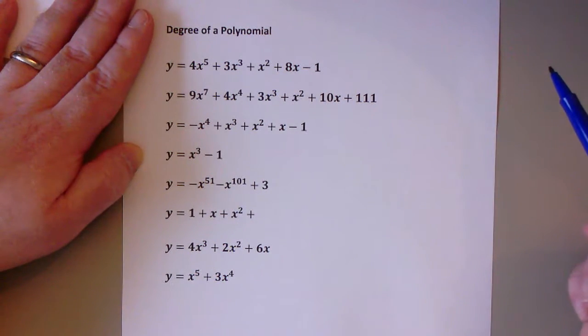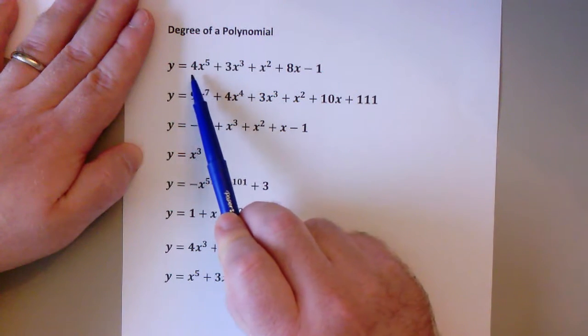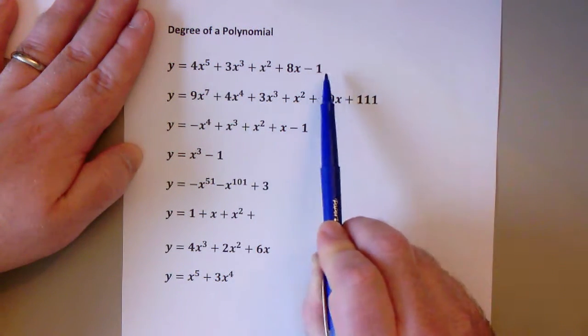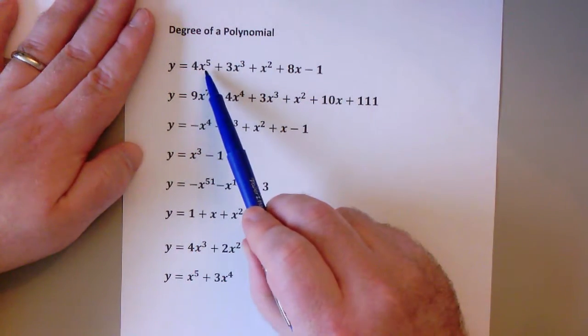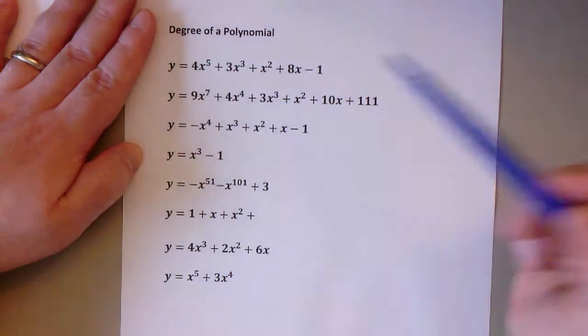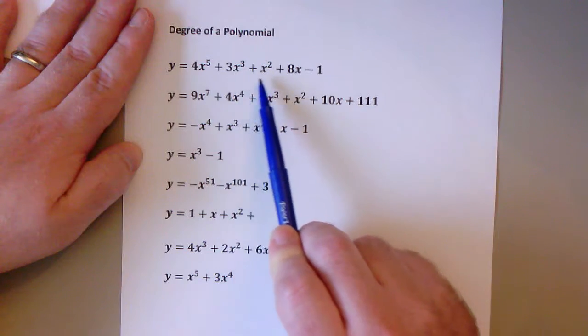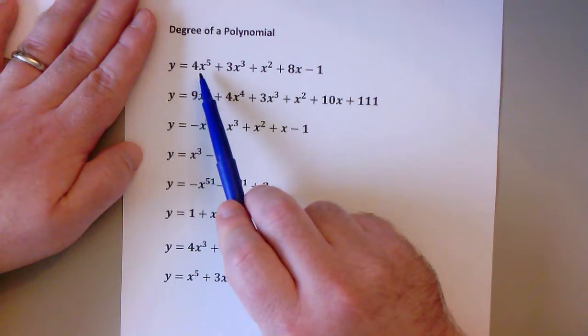So the degree of a polynomial, normally, if the polynomial is written in general form, that means the exponents are going to go in decreasing order. They're going to start with the largest and then decrease all the way until you get to the constant term. Then usually the degree is just the degree of the first monomial in the polynomial. Okay, you have to be careful though, because if the polynomial isn't in general form, you're going to have to look through the terms to see which one has the highest degree, and that's the degree of the polynomial. So this polynomial starts with 4x to the 5th power, which makes this, let's see, degree